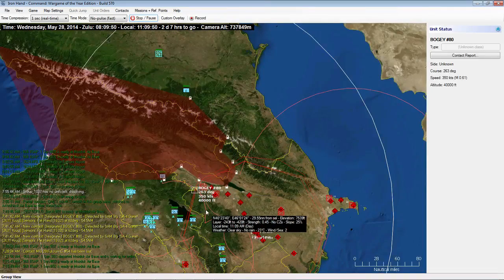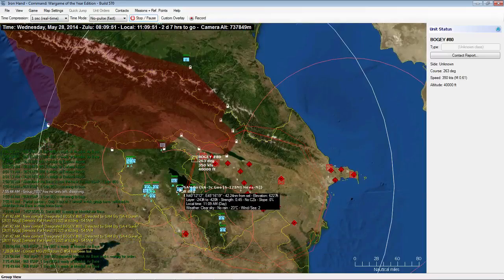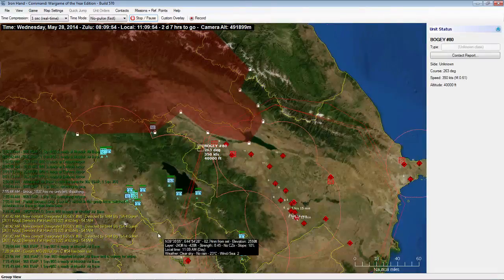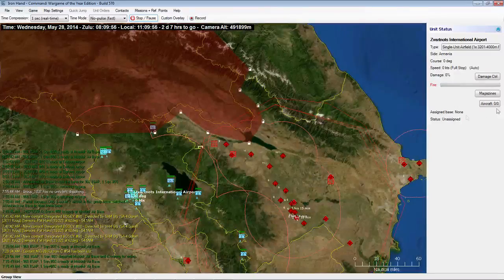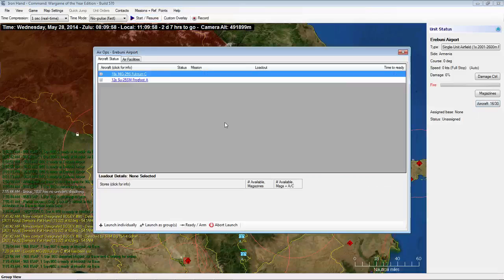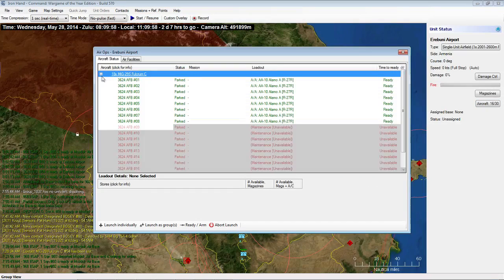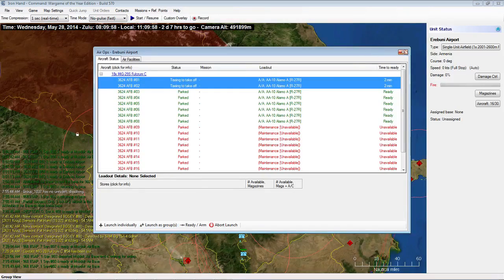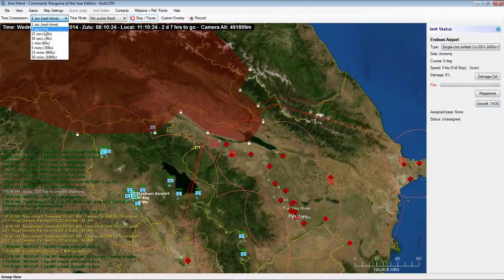Did they launch another bogey? Are they dumb? 350 knots, 40,000 feet? They trying to just die? Is that what they're trying to do? Get their whole Air Force shot down? The AI, I guess I can't get too cocky. You know, I have shot down a few, but